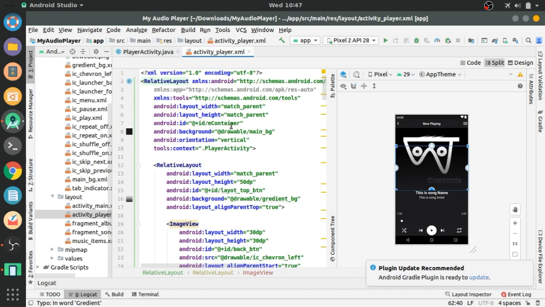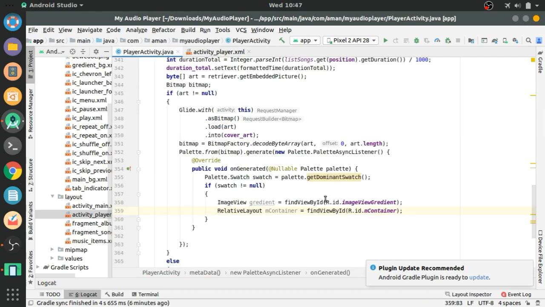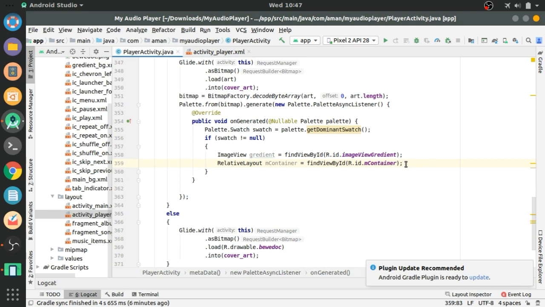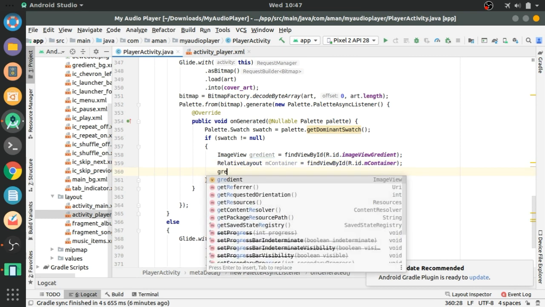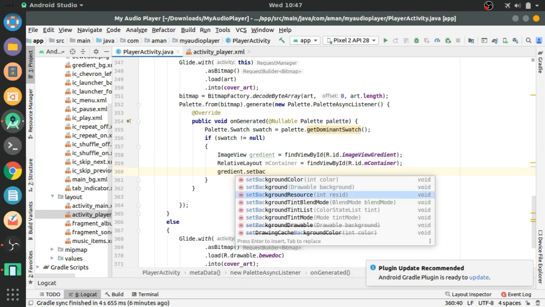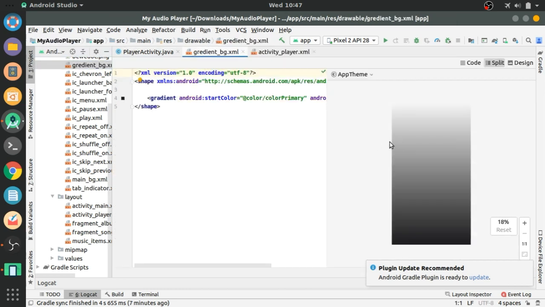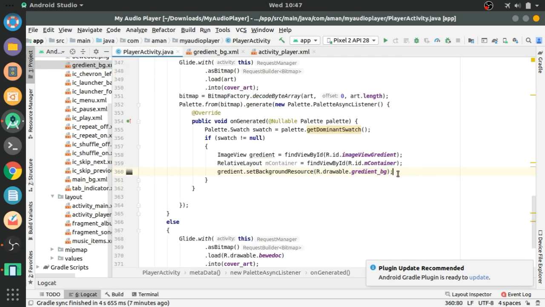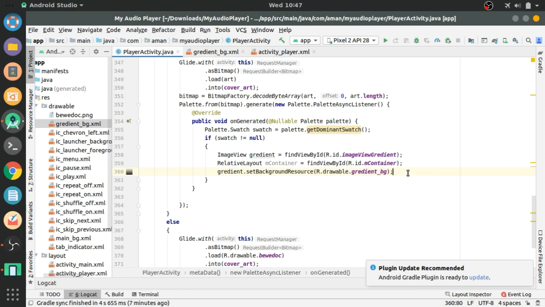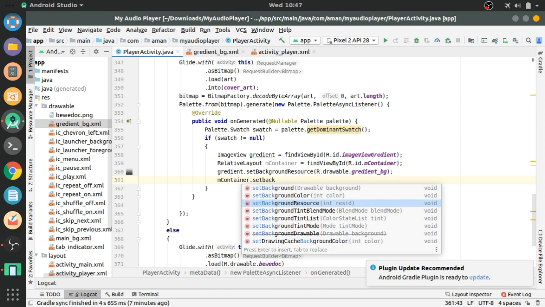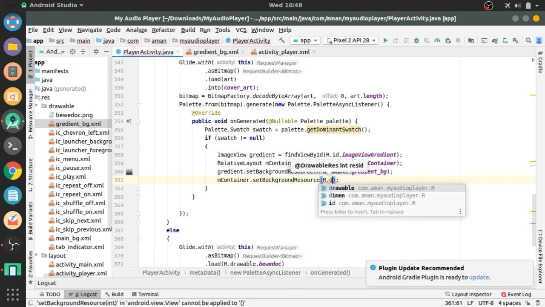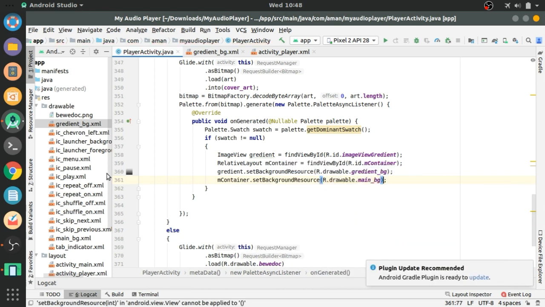This will be the root layout for our player activity, and gradient.setBackgroundResource. Here we will pass R.drawable.gradient_bg that we have created in our drawable folder, and also for our container mContainer.setBackgroundResource R.drawable.main_bg. We have also created this.